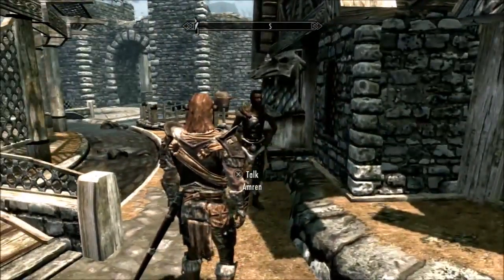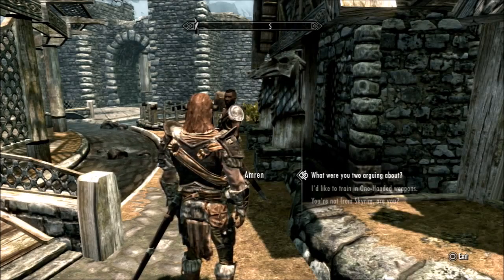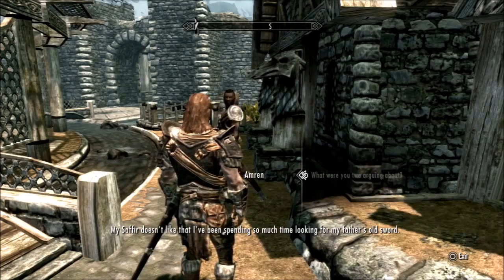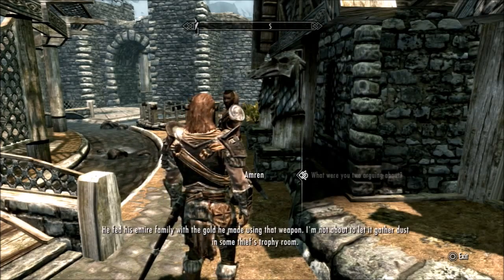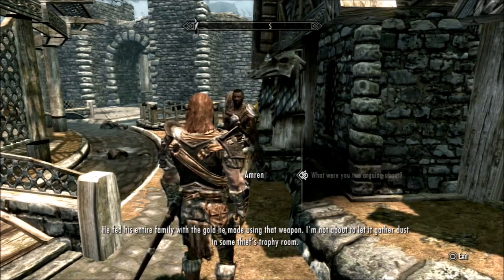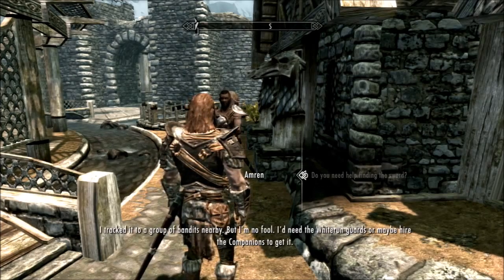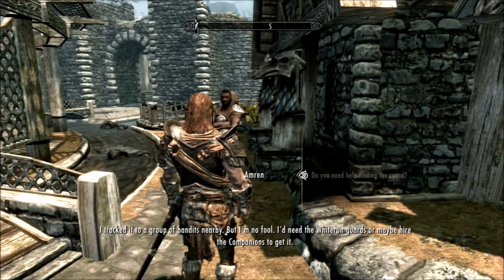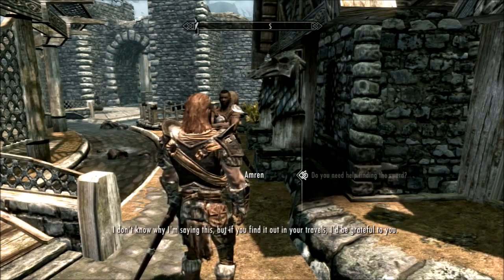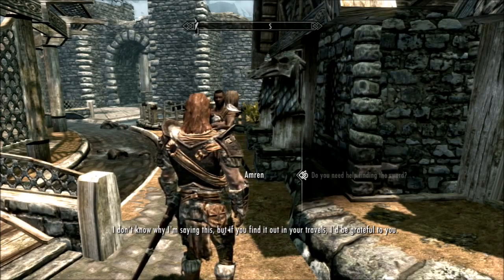Wait, You tried mercenary work? It might suit you. So, what were you two arguing about? My Sapphire doesn't like that I've been spending so much time looking for my father's old sword. He fed his entire family with the gold he made using that weapon. I'm not about to let it gather dust in some thief's trophy room. So, what if we retrieve that sword for you? I tracked it to a group of bandits nearby, but I'm no fool. I'd need the Whiterun guards or maybe hire the companions to get it. I don't know why I'm saying this, but if you find it out in your travels, I'd be grateful to